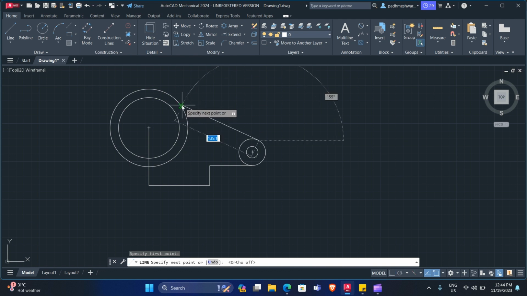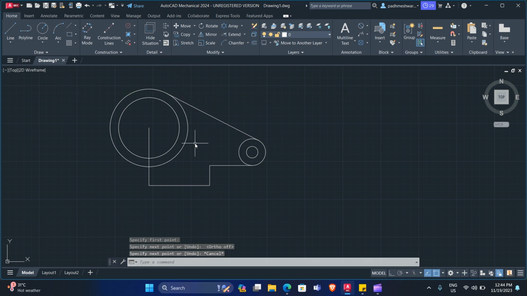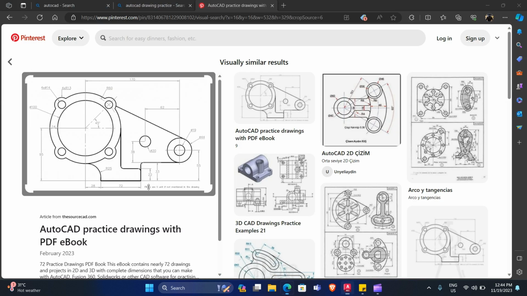Just need to click F8. Look at it. This specific point is a tangential point. Okay, I'll delete this line and this thing, which we never intended to create because it was never on the drawing. Okay, now what else? There is a curve of 25 radius, and this is a simple line. So basically, we need to draw this circle and these four circles and this thing, and we can complete the